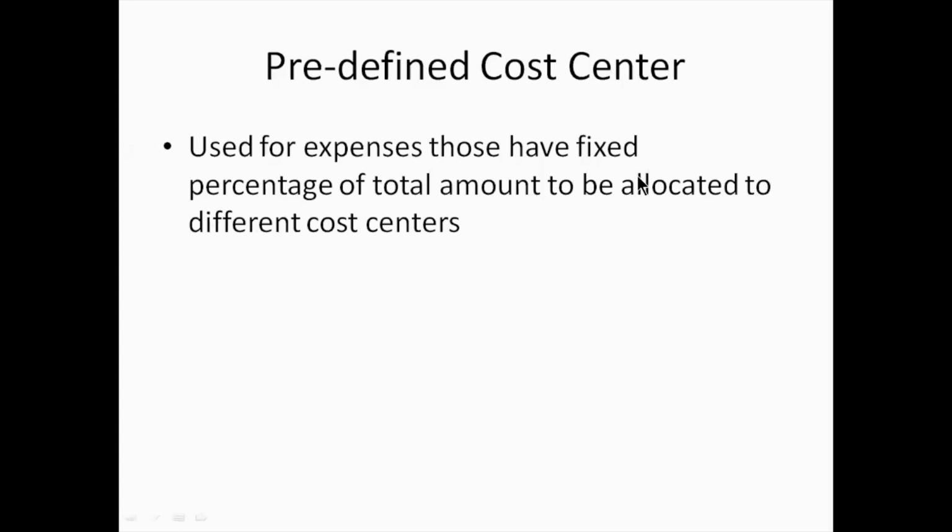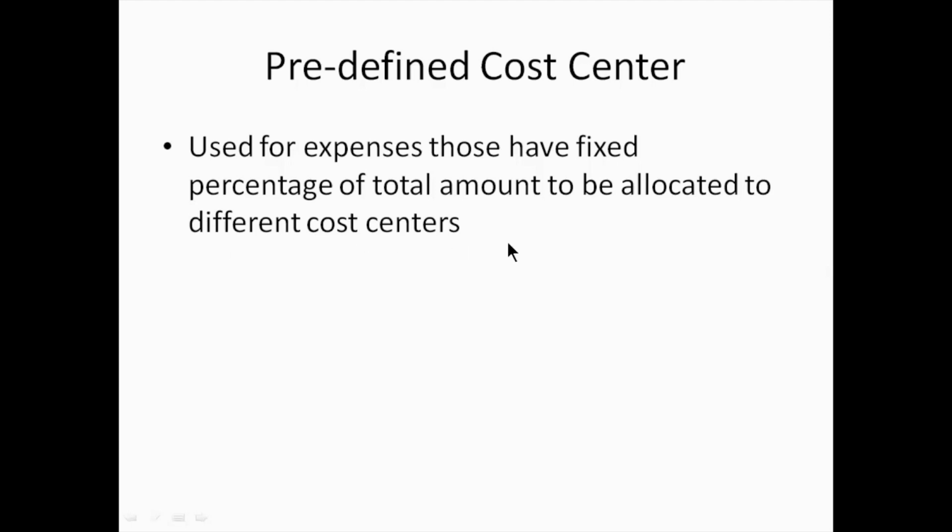Next part is predefined cost center. As of just now, we have seen how to create cost center, cost category, and how to enter them. But there are the possibilities that expenses are always predefined. In that case, predefined cost center facility or feature is used. Predefined cost center feature is used for the expenses those have fixed percentage of total amount to be allocated to